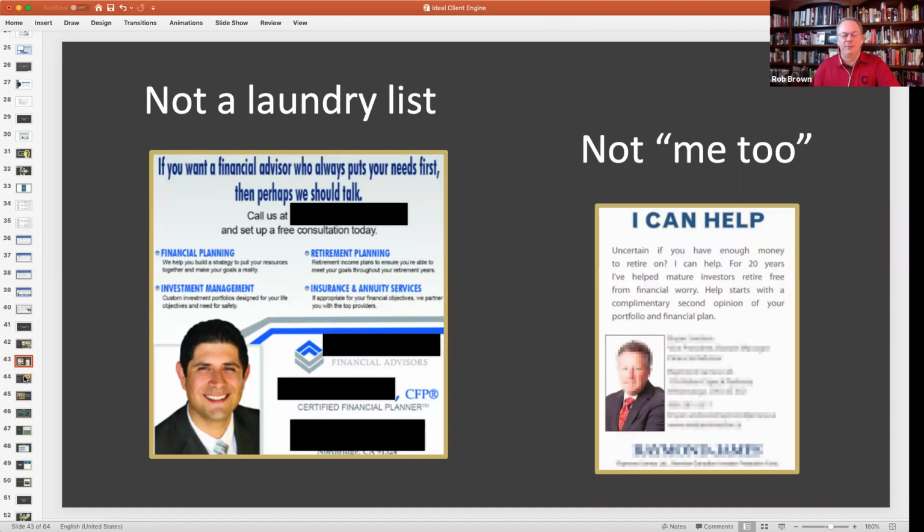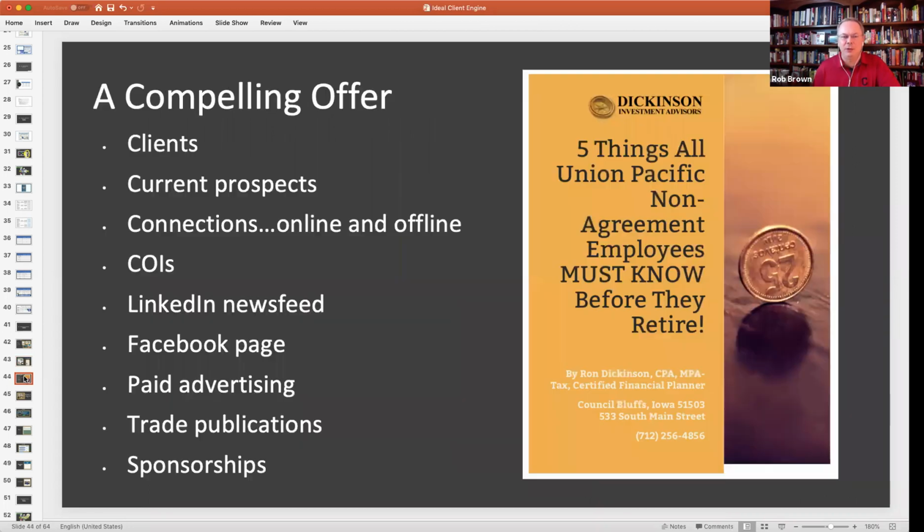I open up newspapers when I'm traveling or go online in different cities and search for financial planners and registered investment advisors, and the marketing all looks the same. They're all asking the same questions or listing the same bullet points, and that just defies logic. It's not a laundry list. It's not me too. An authority piece is a compelling offer, something that you would be proud for your clients